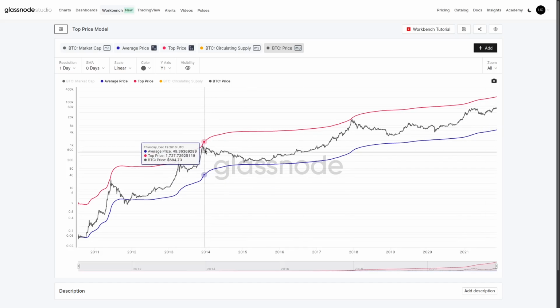Now, what Willy Woo found is when you apply a factor of about 35 to that metric, it lifts up and tends to correlate with reasonable accuracy to the top of the model, right? To these cycle tops. So it's more of an empirical curve fitting type model. It's one of these ones that has shown to have some relevance through various market cycles. And where we're currently sitting at the moment is about $214,000, which I'm sure most of us wouldn't be too upset with. So this is just one of these very interesting, very simple models that's just a curve fitting exercise, adding a multiple of 35 to our average price and giving us some kind of a top model.